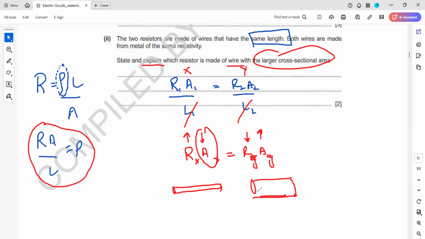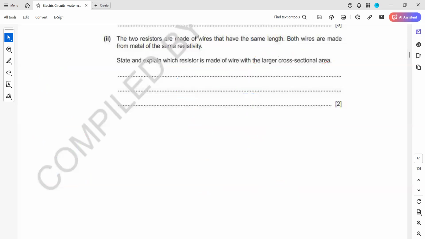Or we can say the product of the resistance and the cross-sectional area of wire X should be equal to the product of the resistance and cross-sectional area of wire Y. So wire Y should have a large area because it has low resistance to have the same product. State and explain which wire is made up of large cross-sectional area. We'll say Y, and the reason is that because the ratio of the product of